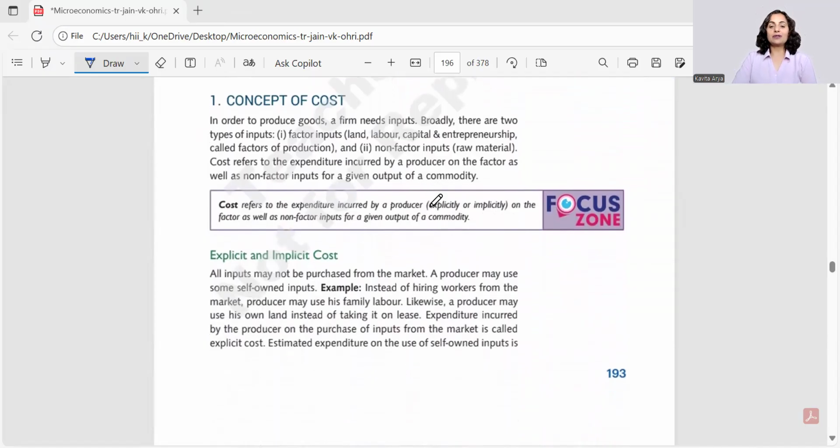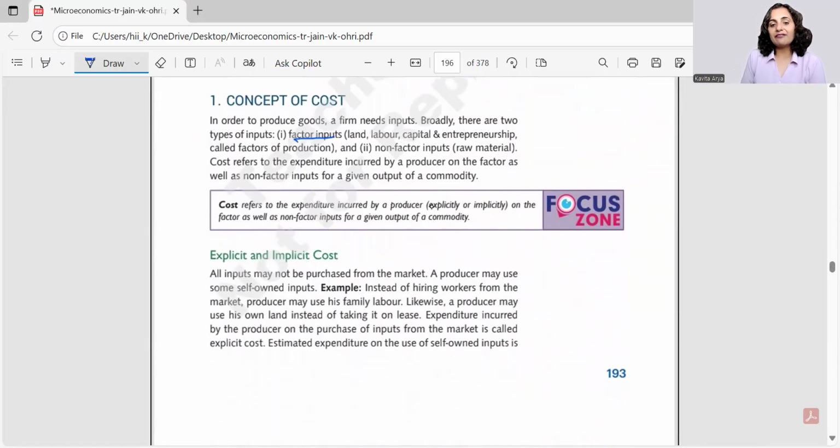So when we talk about cost, what is cost for a producer? Cost means the cost of production. And for production, what does he need? He needs factor and non-factor inputs. Factor inputs means land, labor, capital, and entrepreneur, called the factors of production. And non-factor inputs like raw material and some other expenses related to the production process. So all these together make cost for him. So cost refers to the expenditure incurred by the producer explicitly and implicitly on the factors as well as non-factor